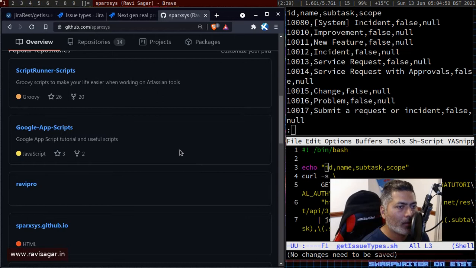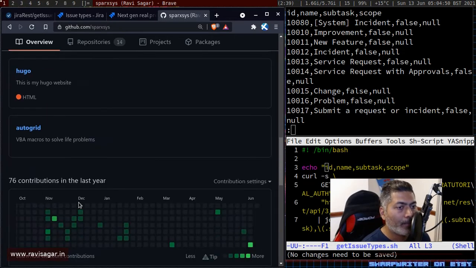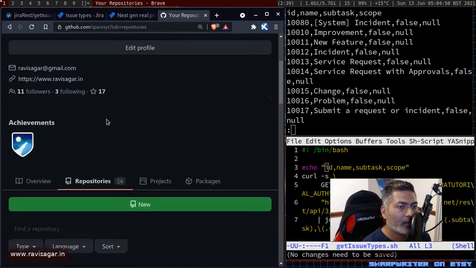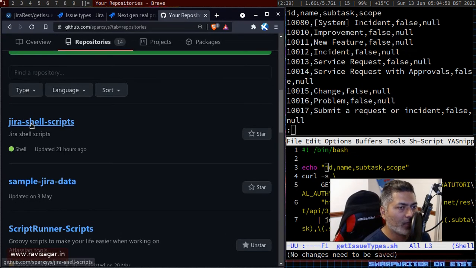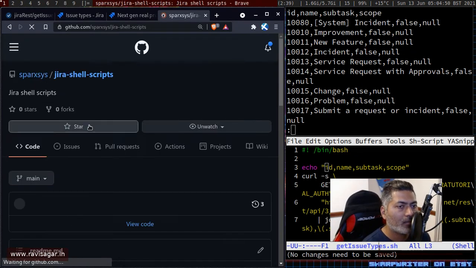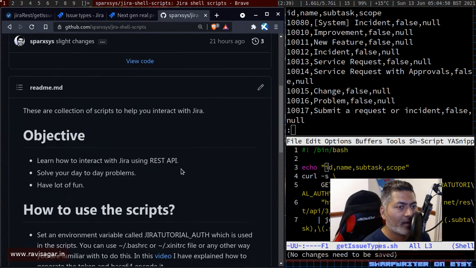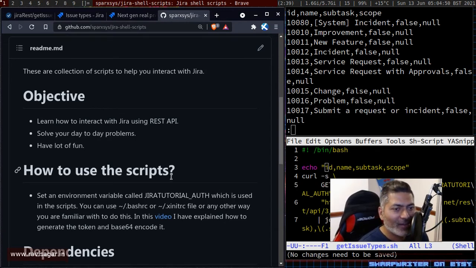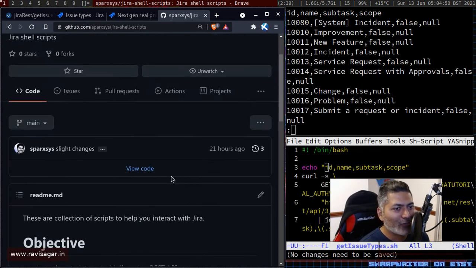I want to keep them simple so that you can also run them easily. So let me just show you the repository. So if you look here, Jira shell scripts, this is basically the repository that you can refer to, and you can download these scripts, and you can do a quick evaluation, or I should say audit, of your Jira instance.